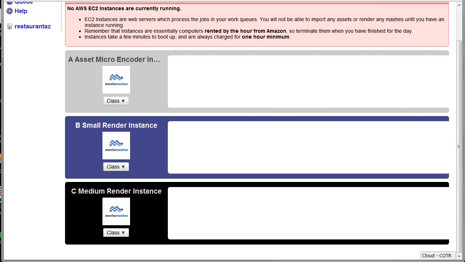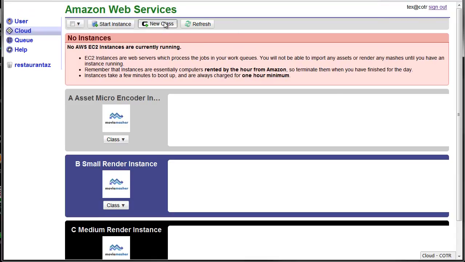These won't be in your own cloud section, as we can't create them on our end because of different areas and regions and stuff that Amazon works in. So you'll have to do so. Here I've got an asset micro encoder instance. When you hover over it, you can see the full description that you'll be putting in yourself for these. To create these, all you do is click on the new class button up the top,